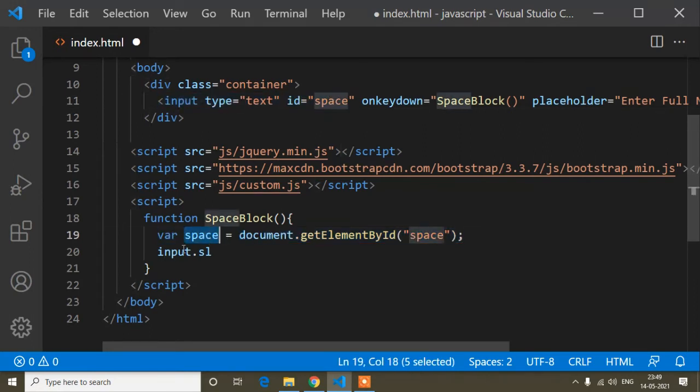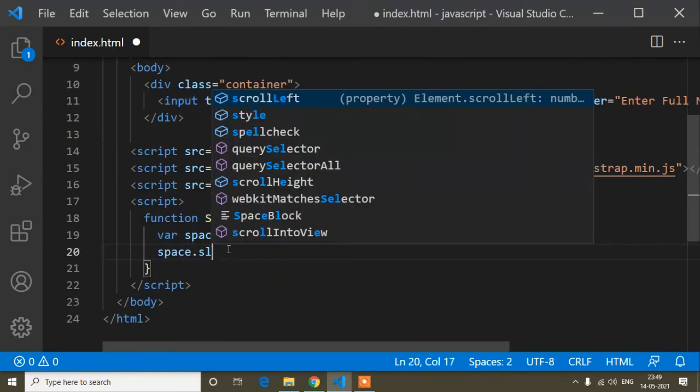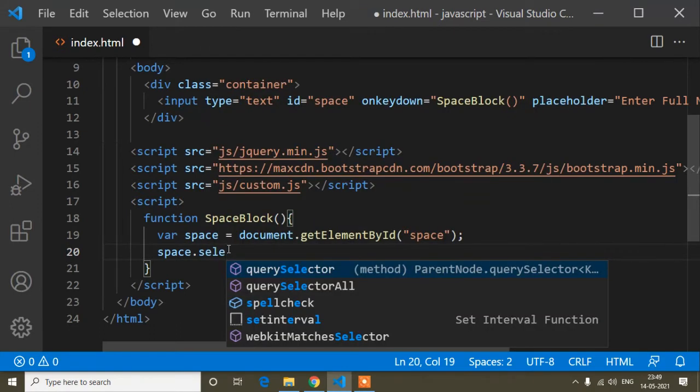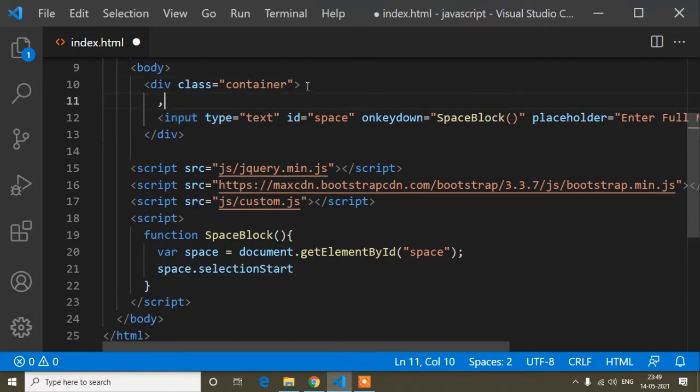So now here I can write space dot selectionStart. Otherwise you can also write input dot selectionStart, but I did not write this because suppose, instead of this input, there would be another input field, with type text, and this input field may be anything, maybe phone number, email id, anything.